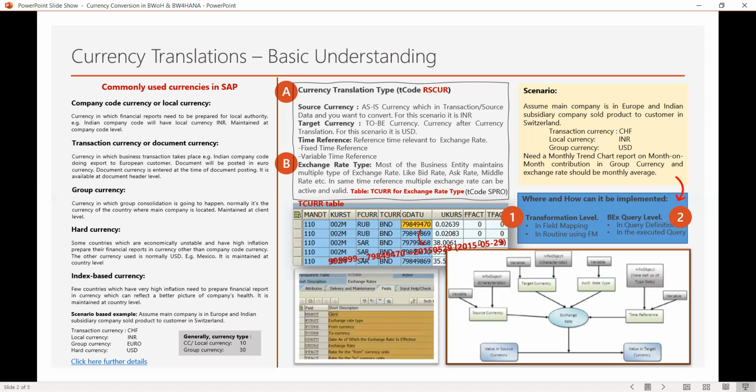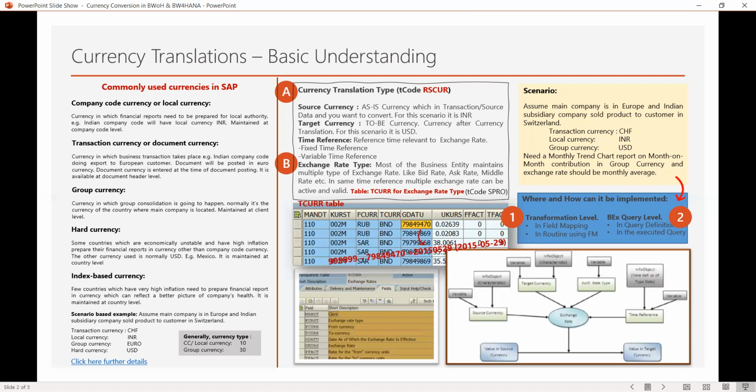Say it is for INR to USD, and you will also see one conversion ratio for buying and another conversion ratio for selling. That means two different types of exchange rate that the bank is maintaining. Most companies maintain a number of exchange rate types for different purposes.